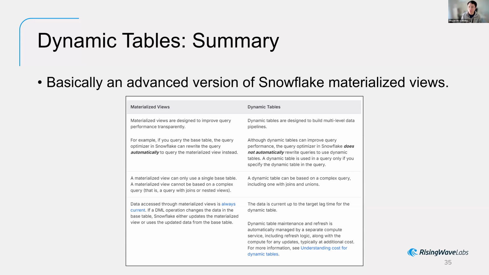Snowflake's original materialized view is more like a limited version of the materialized view in conventional database systems like Postgres. So this is the limitation you have to understand. This is kind of a trick you have to understand whenever using Snowflake's materialized views. It's not a real materialized view, it's just some pre-aggregation tables, and their dynamic table is the real materialized view. So that's the trick you have to understand.